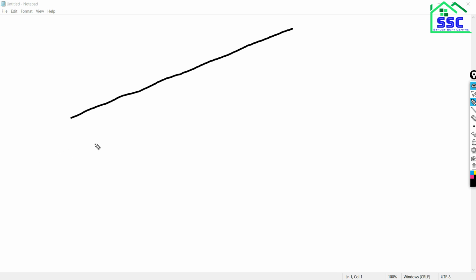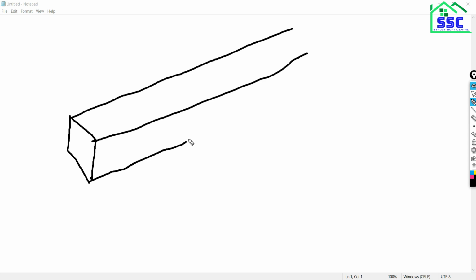Suppose this beam. As we discussed, it has its own axis system that is called the local axis. ETABS shows that the axis along the longitudinal direction, or we can say the axis along the length of the member, is represented by the axis in red color,